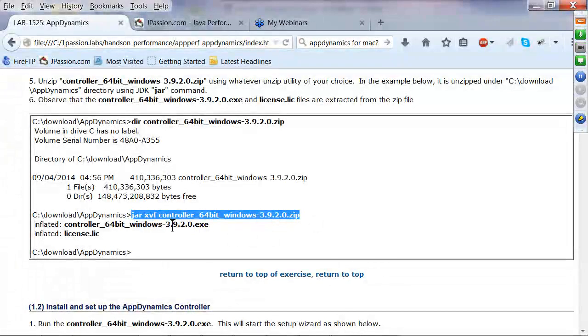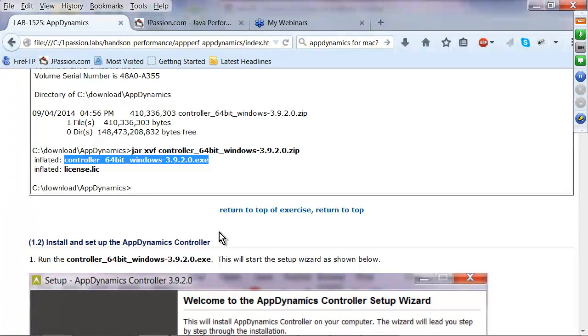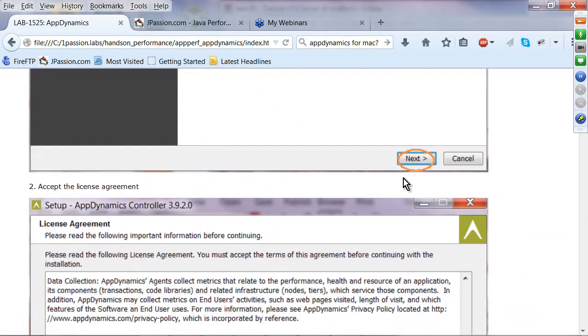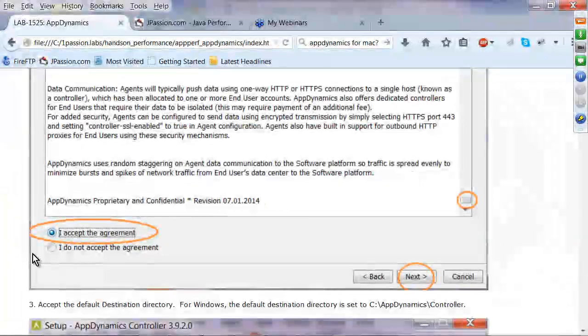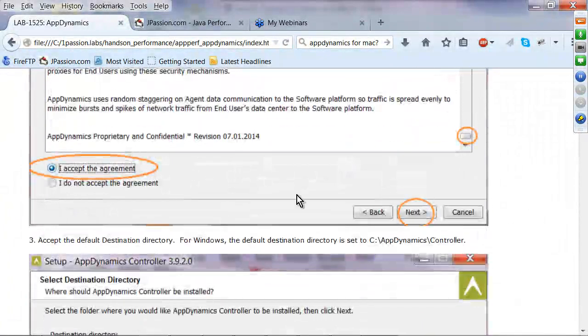Once you unzip it, it will create two files. One is an exe file, the other one is a license file. When you run this exe file, it is going to install the controller. The controller, as I said before, is like a server that takes requests from your browser. So run this one, and next, you have to read all the license agreement and then accept